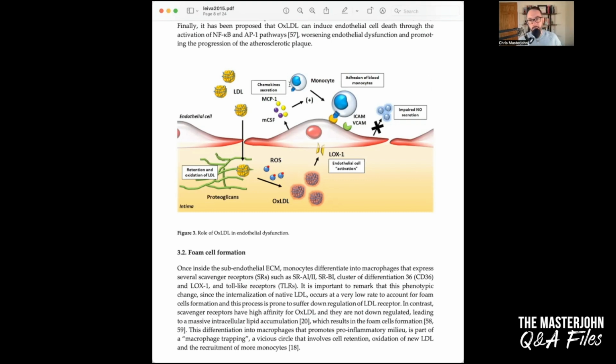But if these monocytes, now this picture is a little misleading. So this picture shows that the endothelial cells are secreting adhesion molecules and chemoattractants such as ICAM and VCAM, intercellular adhesion molecule and vascular cell adhesion molecule, implying that this is what brings the monocytes over. There's truth to that, but actually the monocytes are always there. They're always coming into the subendothelial space. They're always leaving. However, more of them will come if there is an inflammatory process induced by the oxidized lipids to make the adhesion molecules and chemoattractants.